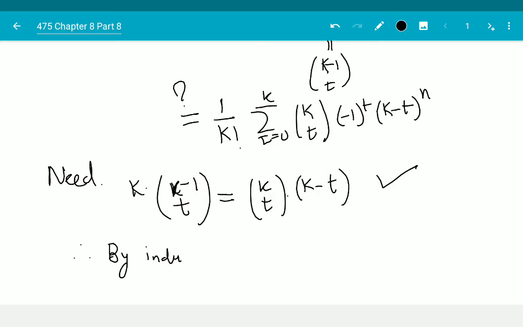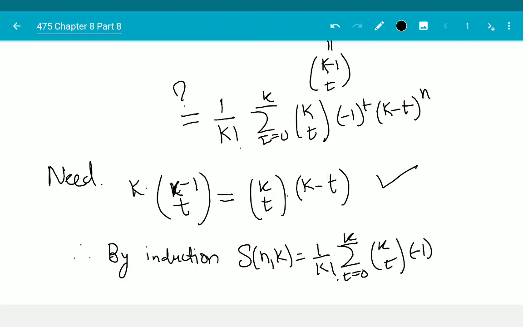By induction, I have that S(n,k) is equal to 1 over k factorial summation t = 0 to k, (k choose t), (-1)^t, (k - t)^n. Okay,